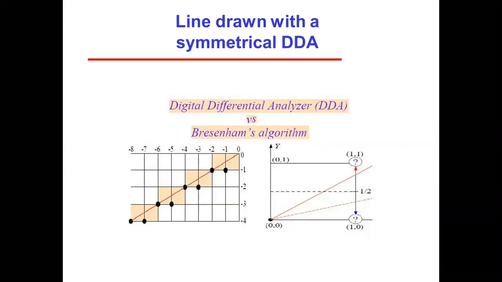Even though we will use this graph for the Bresenham algorithm, we will get straight lines like this. Okay, for the digital differential analyzer, here I am just comparing it with the Bresenham algorithm. On the left-hand side, the graph plot indicates the different values. So in this case we will get these values.